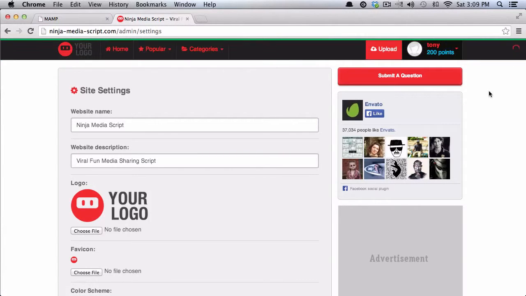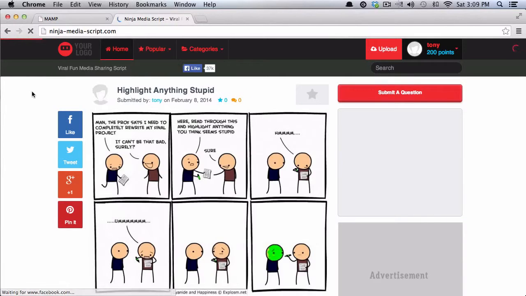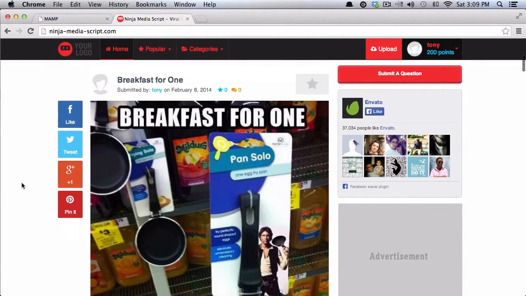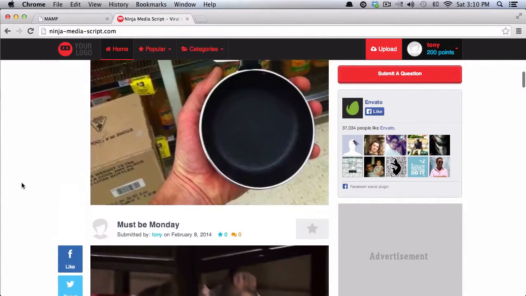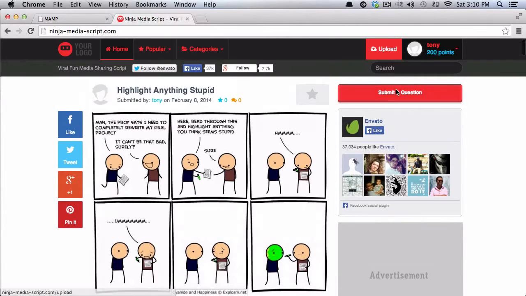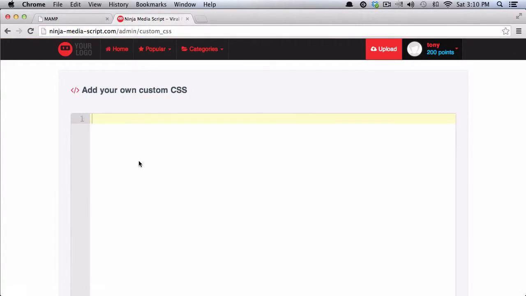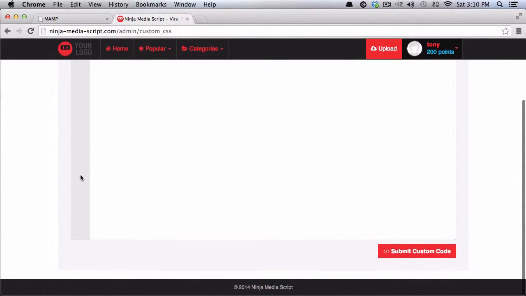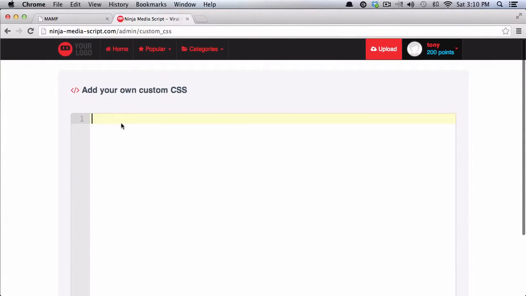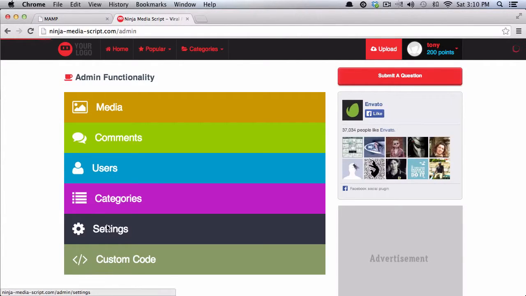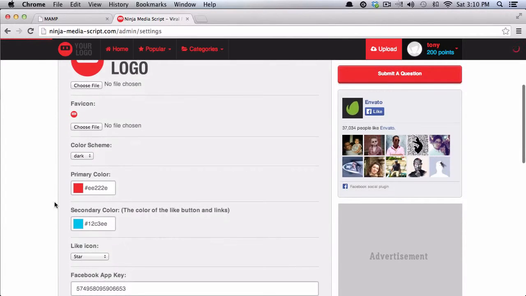And then you can see here we have the dark looking header, and a few other elements of the website are a little bit different. What is really cool is you can also go into your admin and click on custom code, and you can add your own custom CSS. So if there's some kind of style that you wanted to change, you can customize it as much as you would like. So I'm just going to go back into the admin and then back into the settings,